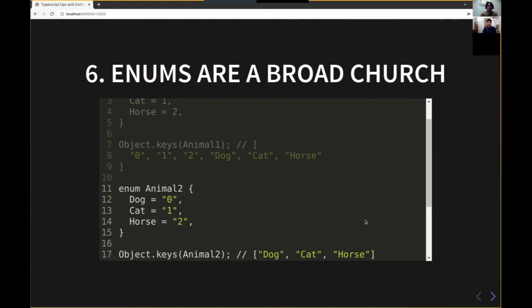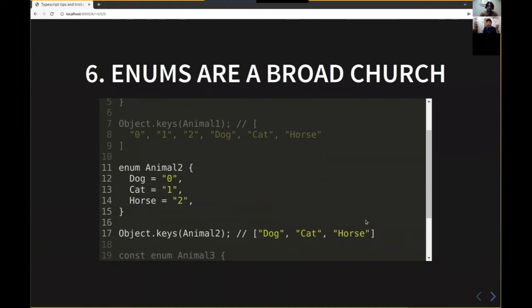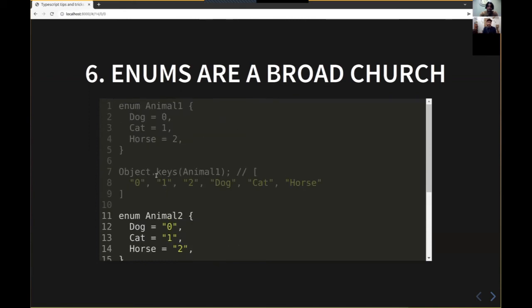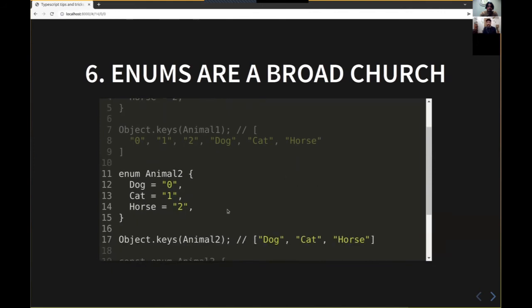But the thing about these two that I find extremely disconcerting, and makes me want to avoid ever calling Object.keys on an enum, is that this smells very much like an implementation detail. The very fact that you get different things out when you call Object.keys, and that's not really well documented in the TypeScript documentation, suggests that, who knows, maybe this could change in a future version of TypeScript. Maybe they decide that doing things the first way isn't sensible and they want to do everything the second way, maybe vice versa. Just looking at the way that these things work makes me kind of uneasy and not want to rely on the fact that the enums that you create this way have a runtime value,